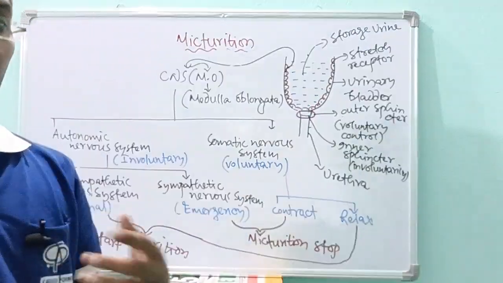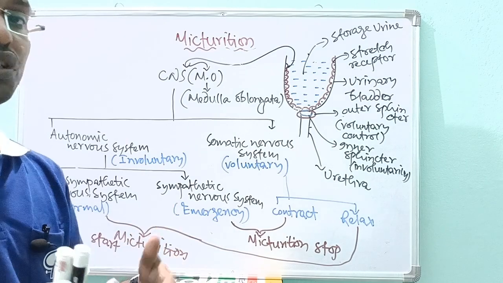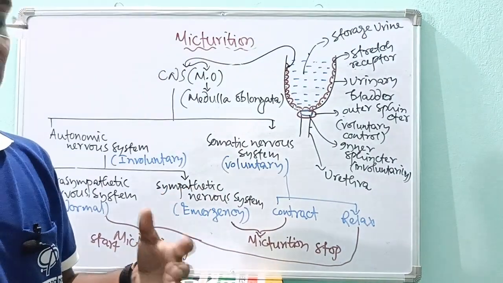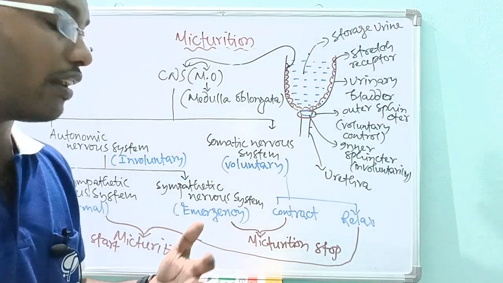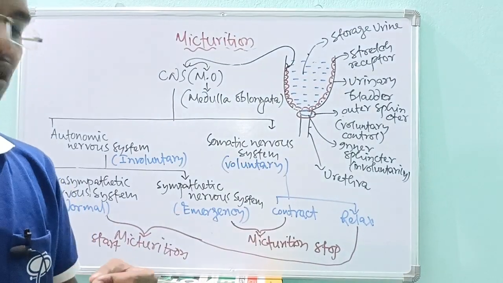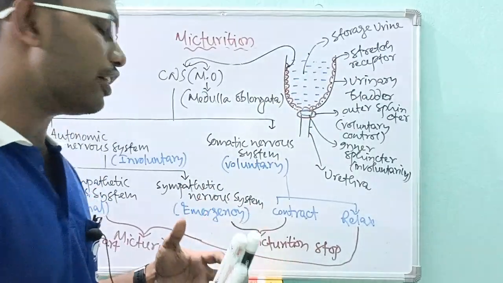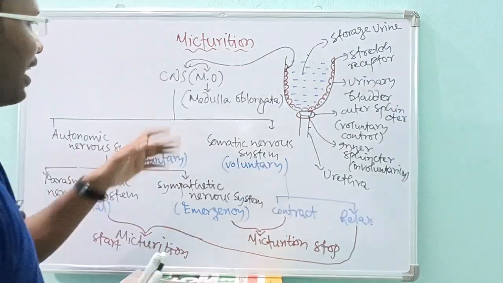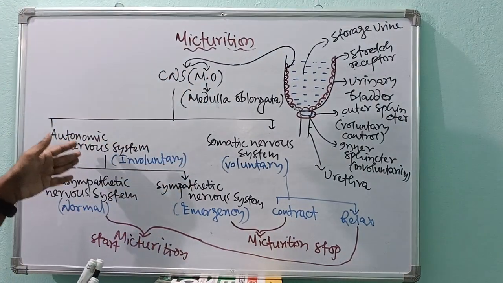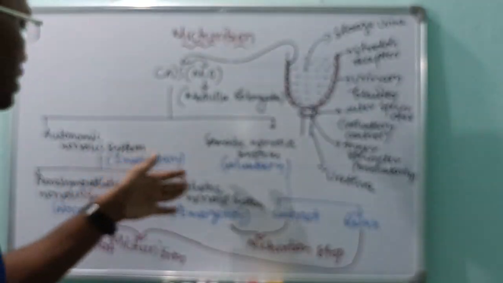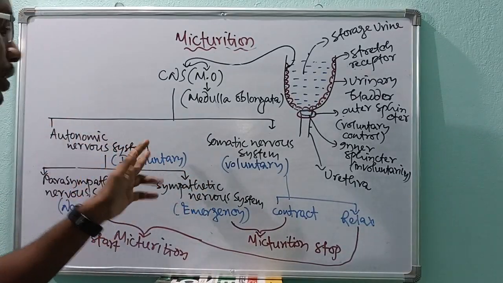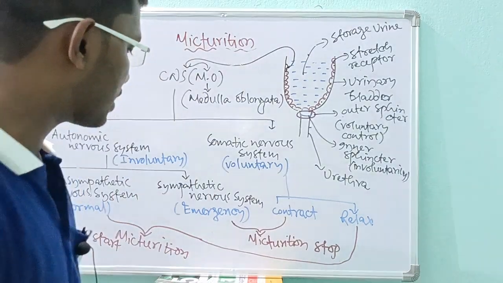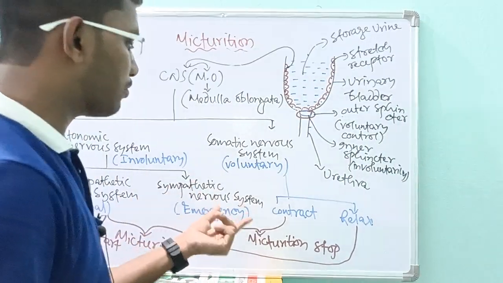When it finds such a situation, the sympathetic nervous system is well informed about it. It tries to control and handle the situation. So as the signal comes to the medulla oblongata, it reaches the sympathetic nervous system, which is a part of the autonomic nervous system. As the information comes to the sympathetic nervous system, it stimulates